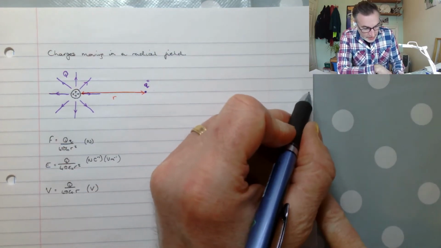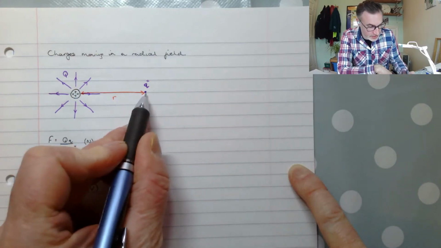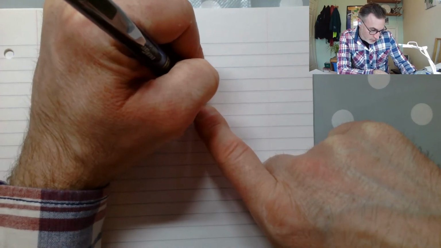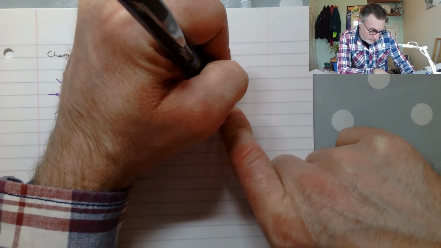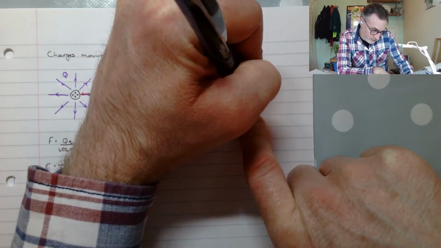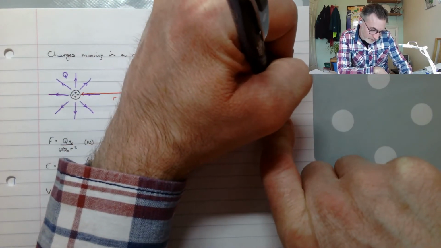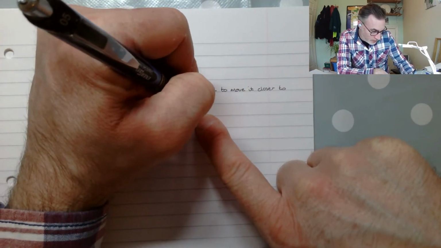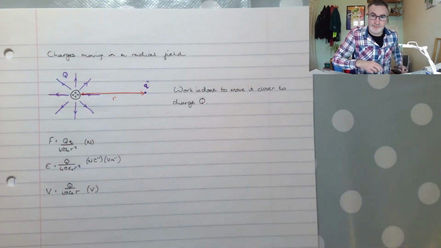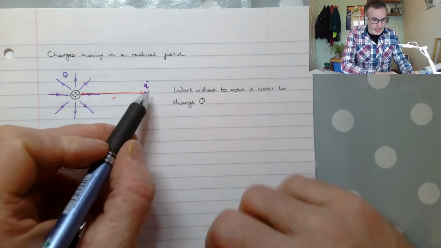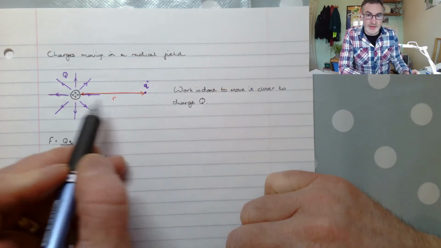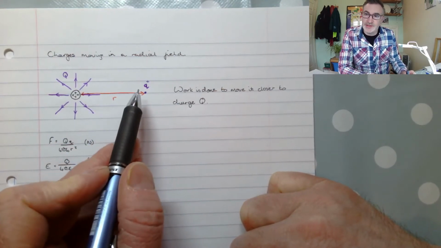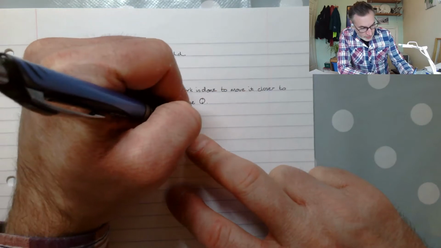So as you're bringing this charge from here into here, you're doing work on it, and so work is done to move it closer to charge Q. Okay, so you're doing work on little q to bring it closer to big Q, and the closer you get to big Q, the more work that you need to do. And so the work that you're doing, work done,